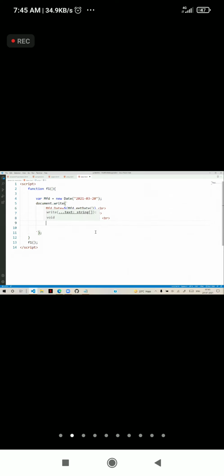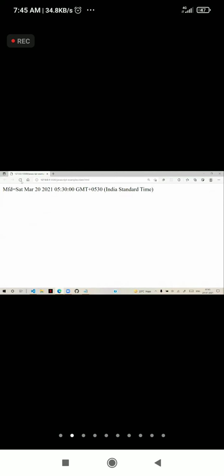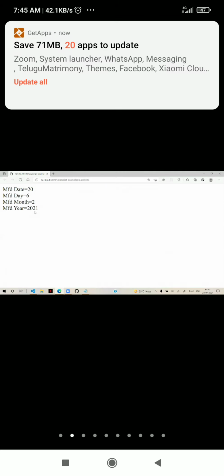Next option, we need manufactured year, so I defined manufactured dot get full year. But observe here, when you are presenting this, it is not satisfying in the presentation, because you see all are numbers only.